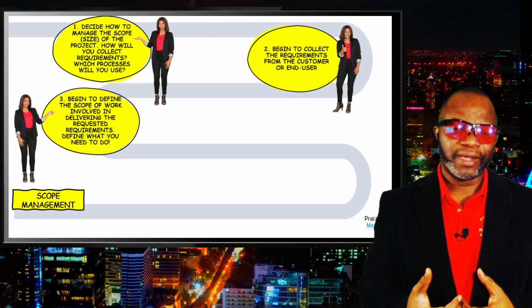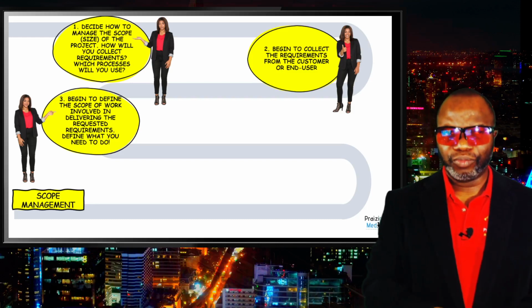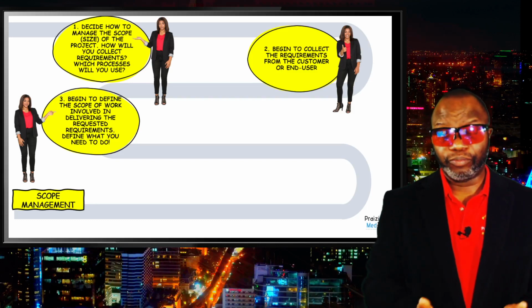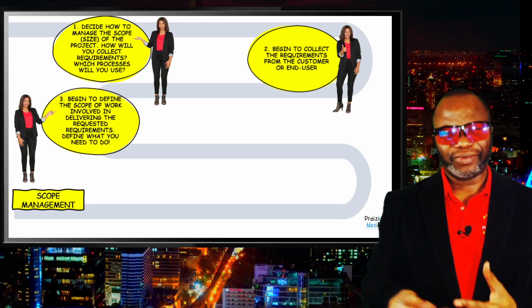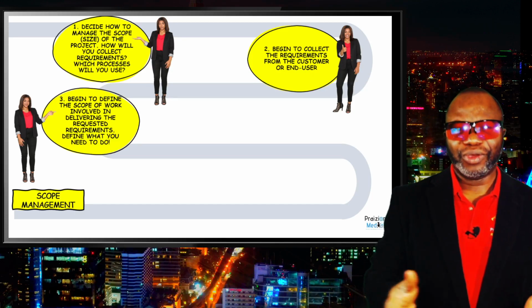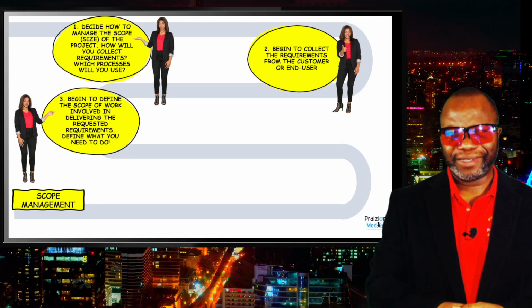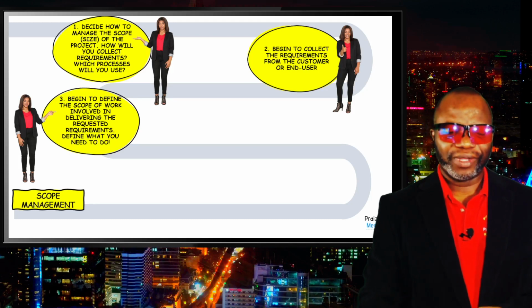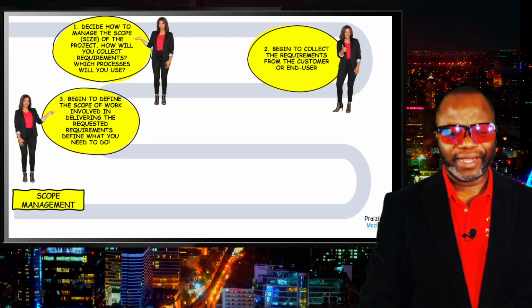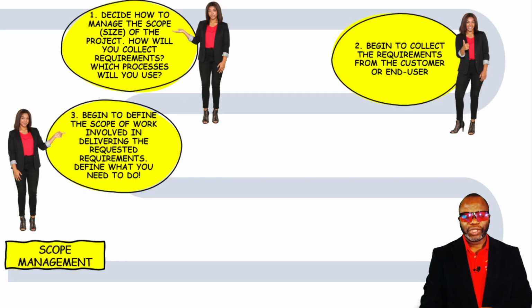I often say requirements beget scope. The requirements give birth to the scope. As a result of the requirements, you know what the scope is. Let's move on to the 4th thing that happens. Number 4,